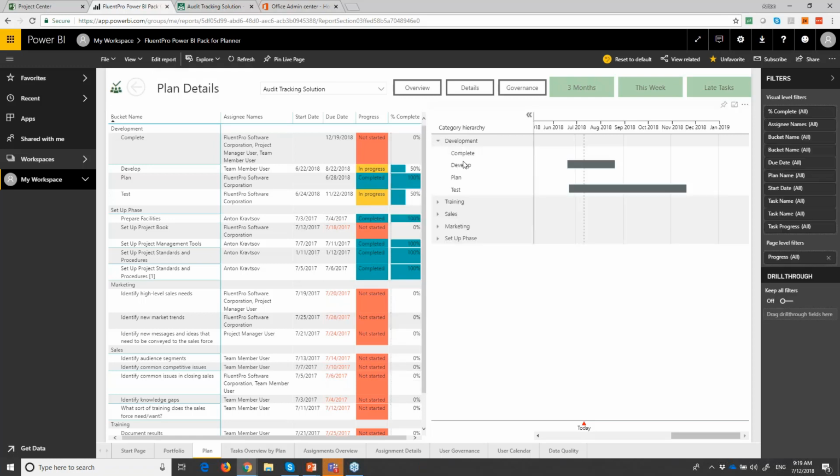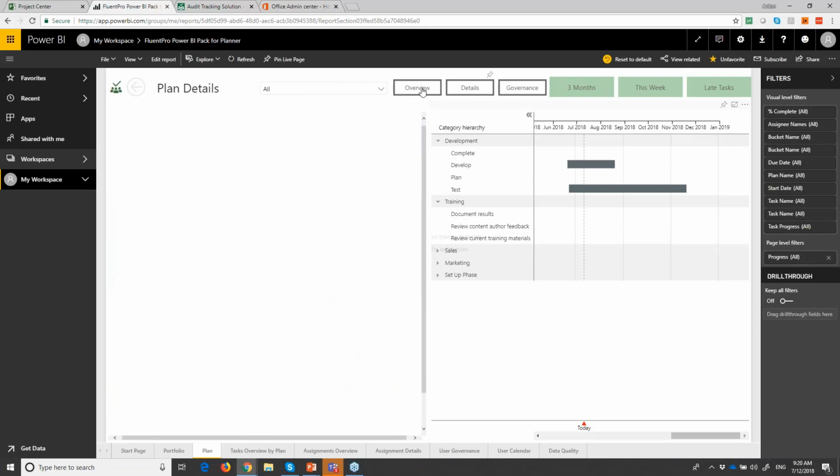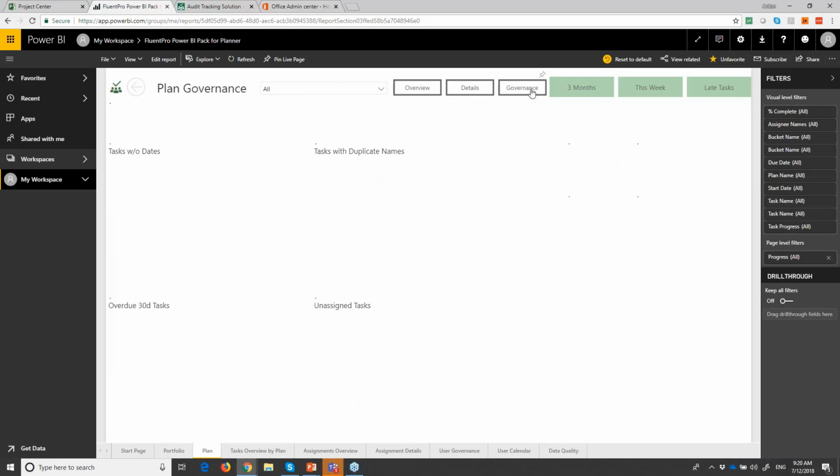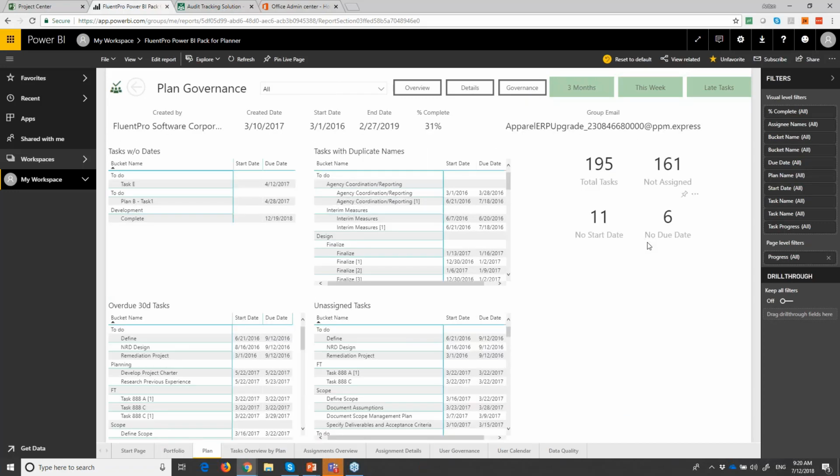Here I have the same information but organized in a more visual timeline or Gantt chart format, based on the bucket. So that's my development bucket, and those are the activity tasks that I have in that bucket. And again, it's all the same. We provide you that overview, we provide the detail view, and we provide you the governance report,